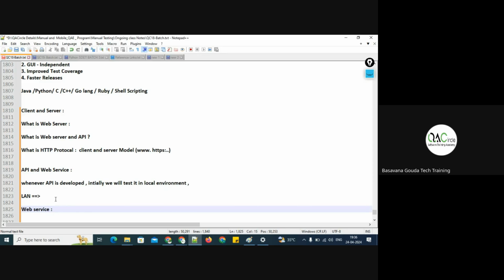Web service means the service which is available over the web. We call it a web service. Full stop. Next point. It enables the communication between